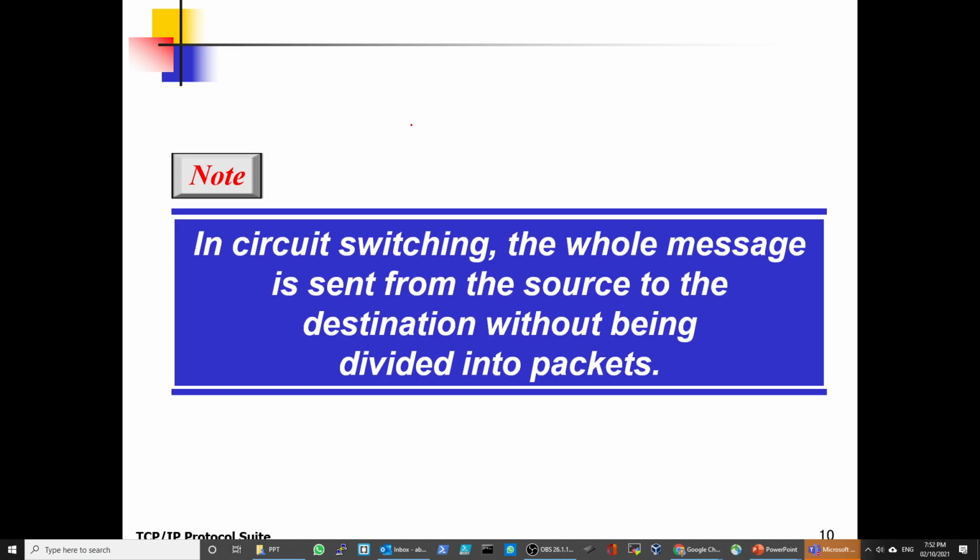In circuit switching, the whole message is sent from the source to the destination without being divided into packets. So you create a circuit. That's exactly what happens when you call a phone. You dial the number, and they create a circuit for you from you all the way to the destination.